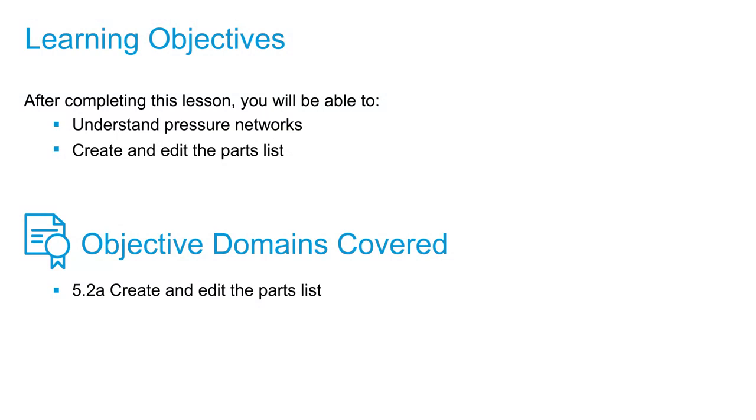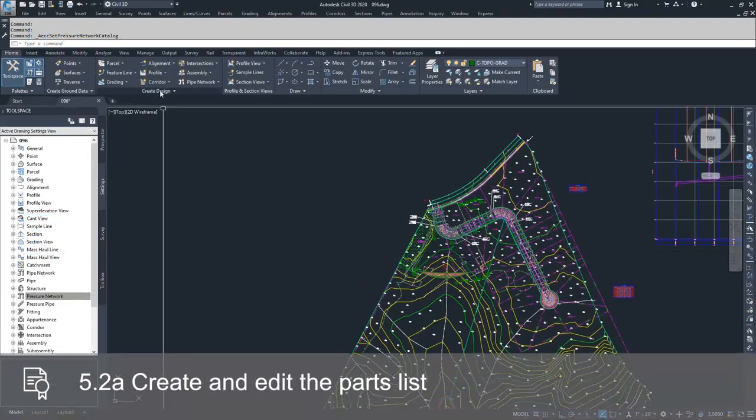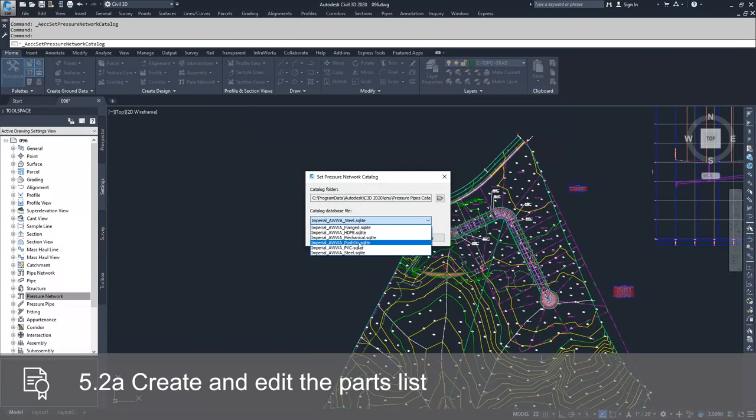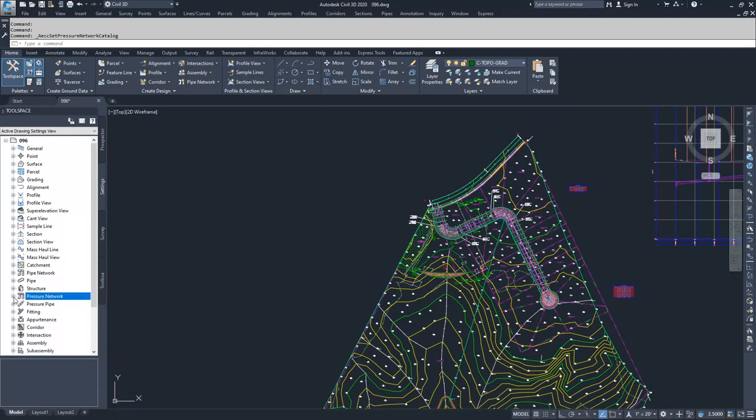So now that we've set our pressure network catalog, we can go ahead and actually start creating pressure network part lists. So what we're going to do is set our pressure network catalog to the Imperial AWWA push on. Going to click OK, and then inside of pressure networks, down under parts lists, you have